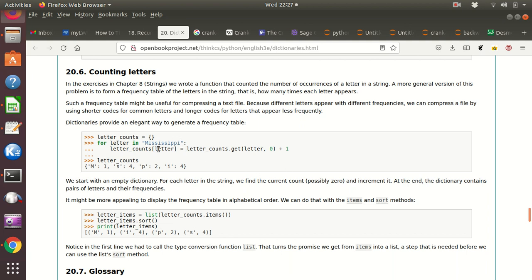Okay, so here's another application of dictionaries. In chapter 8, I talked about the number of occurrences in a string, and we can do that simply with a nice for loop. So we create an empty dictionary, and then for letter in Mississippi, well, each different letter, we'll put letter here, and that's the key, and so for each different letter,